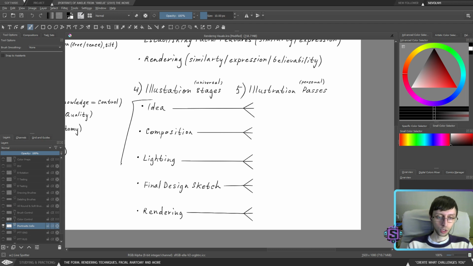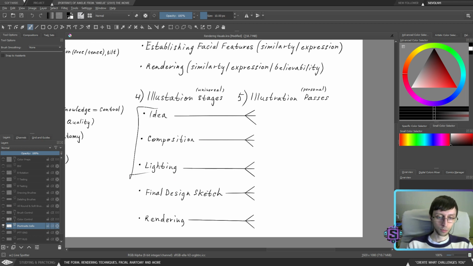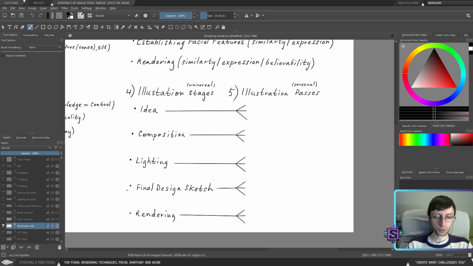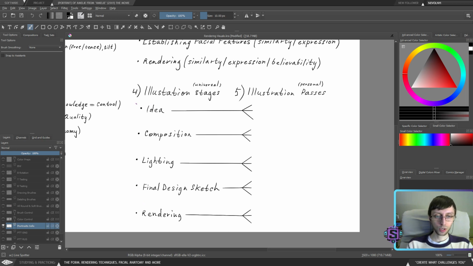This is usually called development, and this is called actual realization. So right here you're working with the development in most cases, and right here you're creating the final piece already, using all this information that you gathered and putting pieces together. You could actually separate those in two stages, but to keep things a little bit more controlled, we're separating the idea, which you could spend a lot of time on, especially if it's a big project. We're separating composition, especially if we're going to work with something complex,